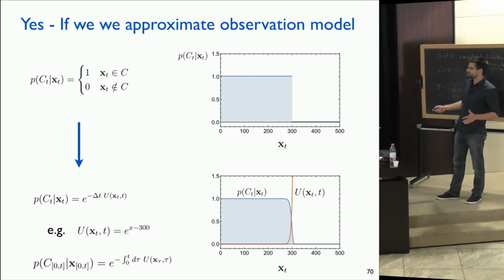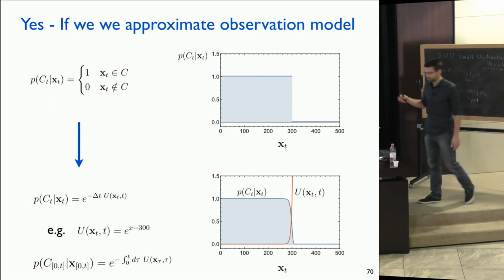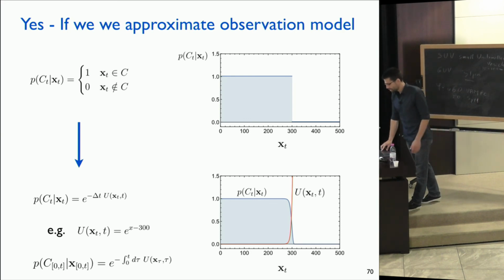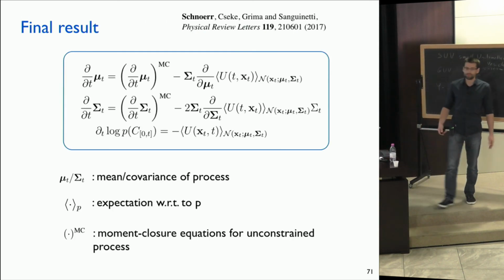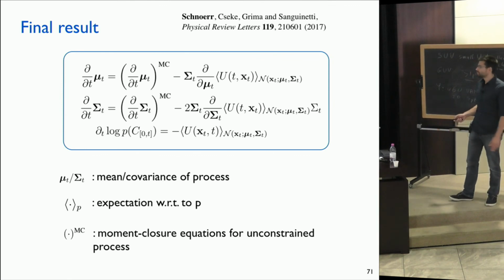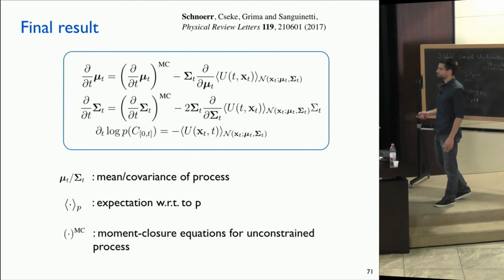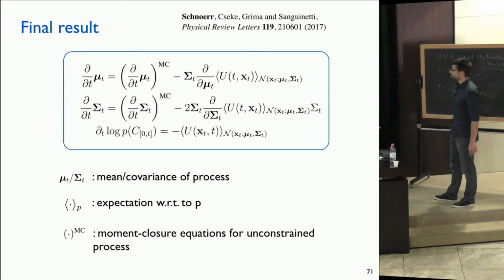And this is just the discrete time version of this one at one time point. And if we do this, then it turns out after some derivation, a bit ugly derivation, we can take the continuum limit and arrive at a very nice compact result. We get ordinary differential equations for the mean vector and covariance function, and an additional ODE for the logarithm of the survival probability, or partition function. And they have a quite nice structure.